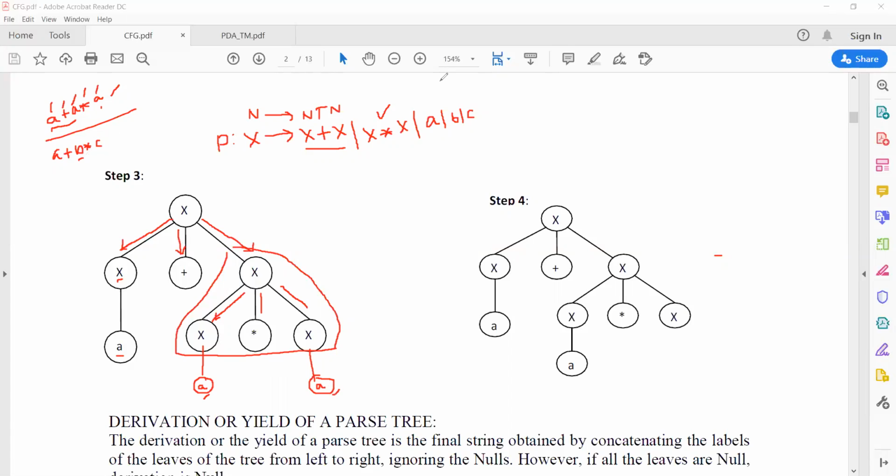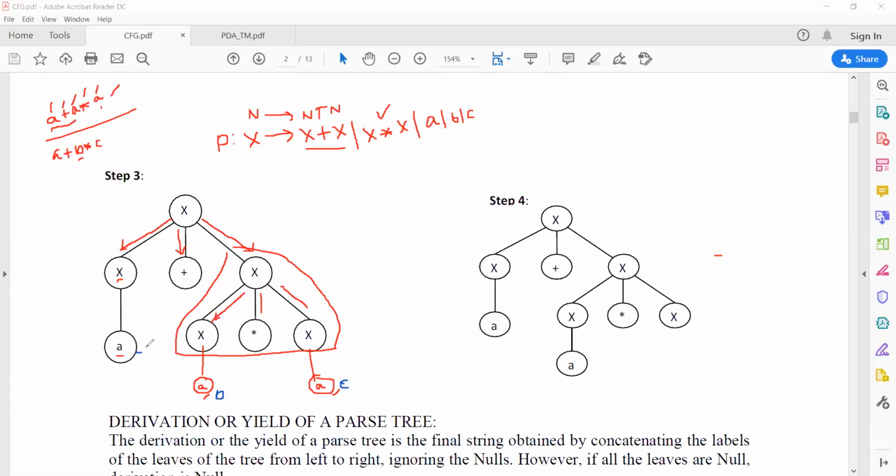So you will put here a b, or you will put here c, right? So that will give you a plus b star c.